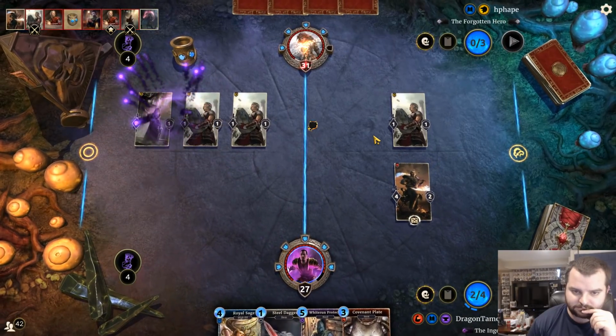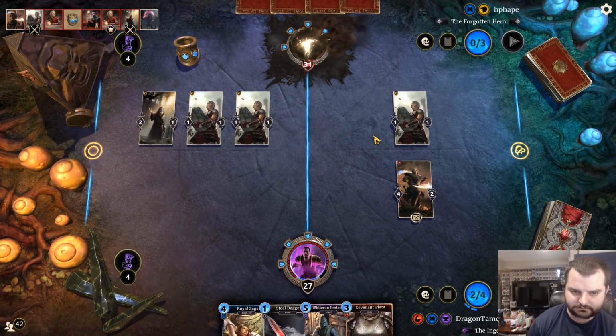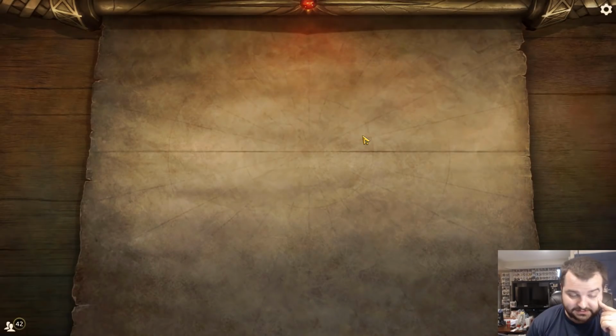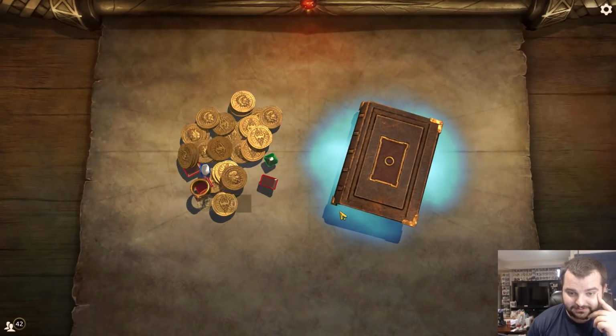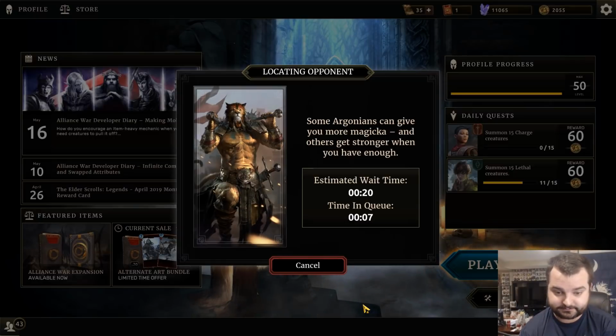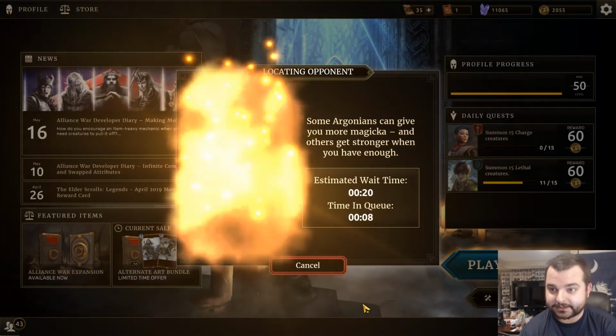Defeated. What? Alright, let's get another one. That one obviously doesn't count. Eventually we're gonna have a normal match with this deck. We just get beat down by very good draw aggro assassin, and then our opponent randomly forfeits